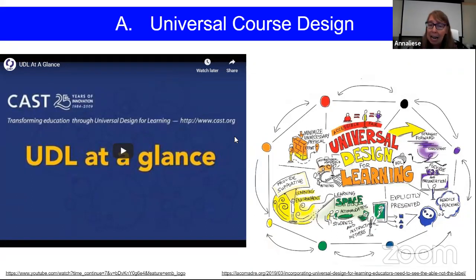So as you design your courses and you create modules for your students to master the content, you might consider, how can I offer something for students who don't always have a reliable internet connection? How could I also offer another opportunity for students who can access? And by providing different activities, different opportunities,